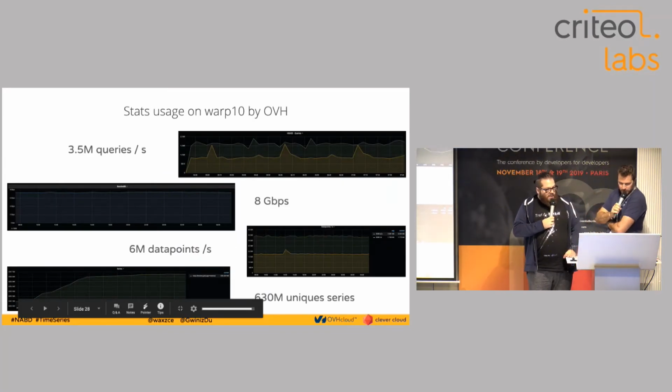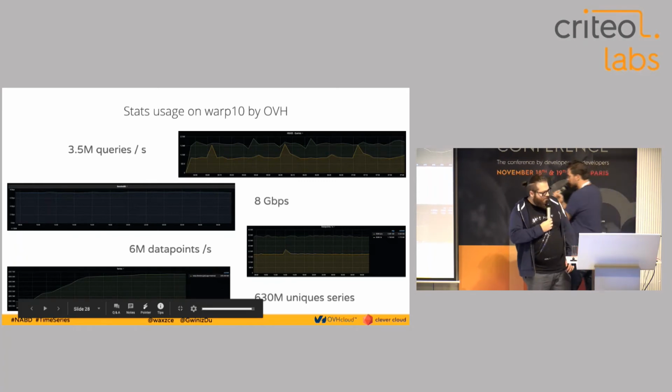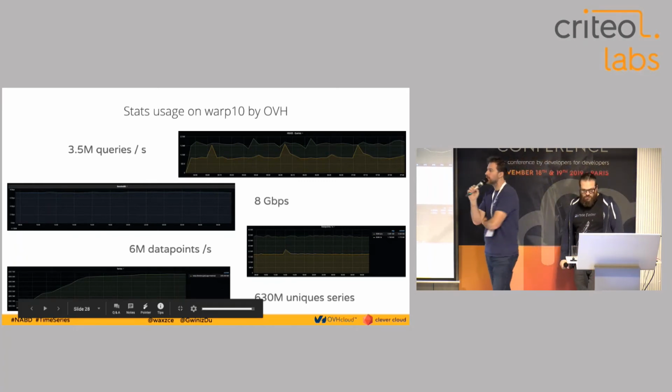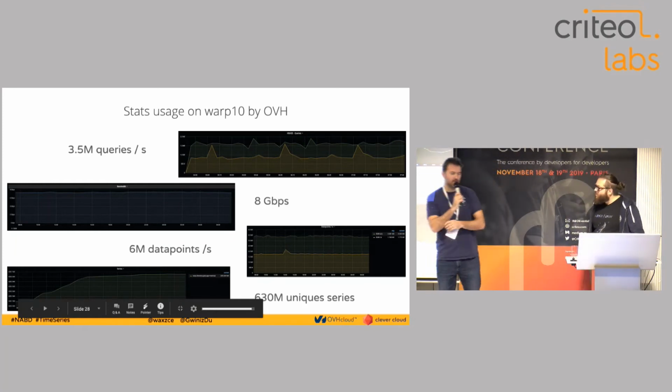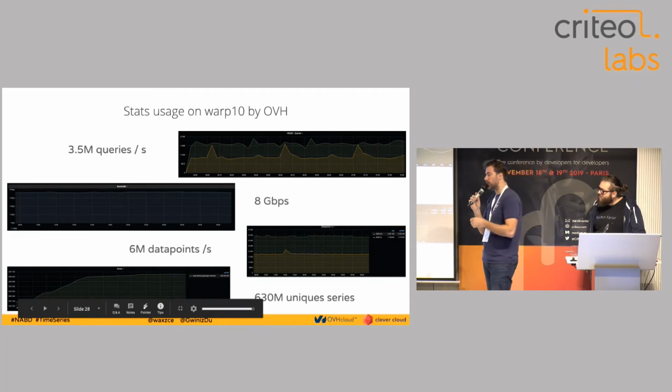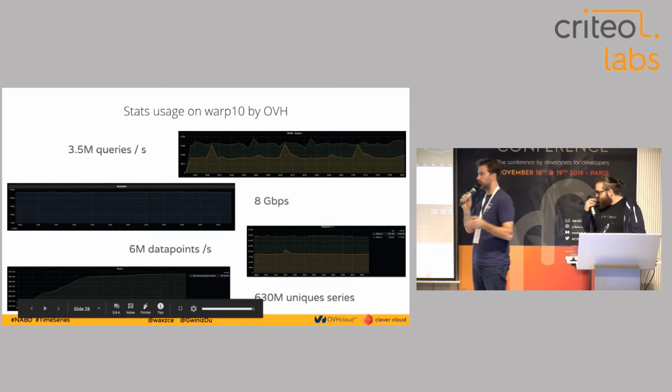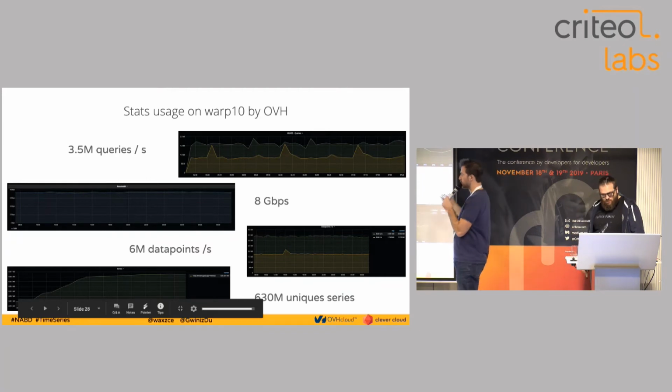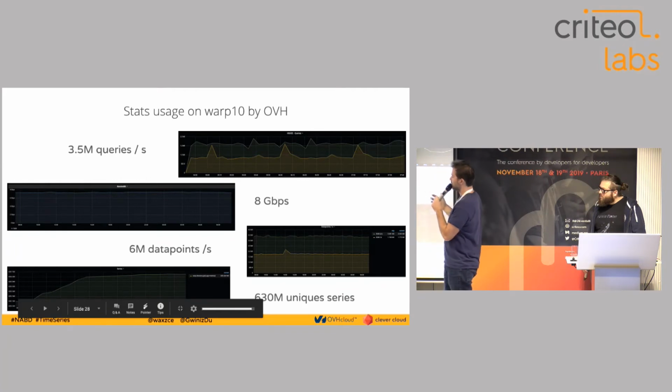This is another usage of Warp 10 at OVH. Yeah, so we have a very big infrastructure with 30 data centers, 35 PoPs. I don't count them anymore, actually, but we monitor all the things: applications, products, customer products also, and everything. So at some point, we aggregate this and we have specialized regions, but the global internal region for the overall infrastructure monitoring